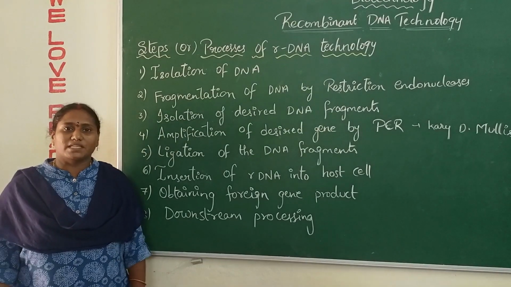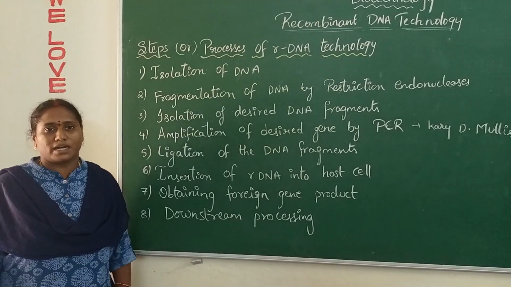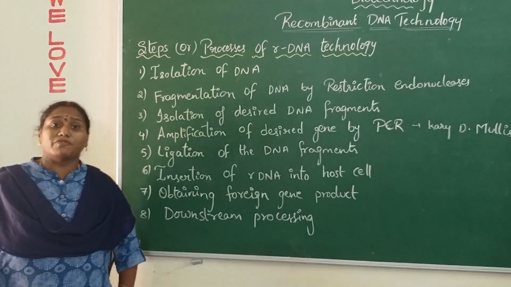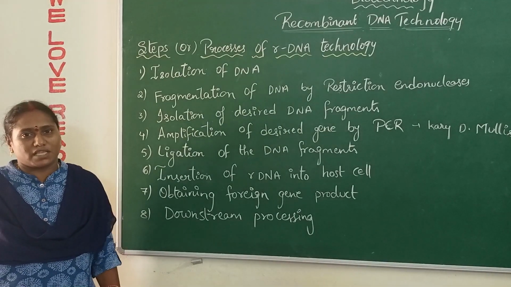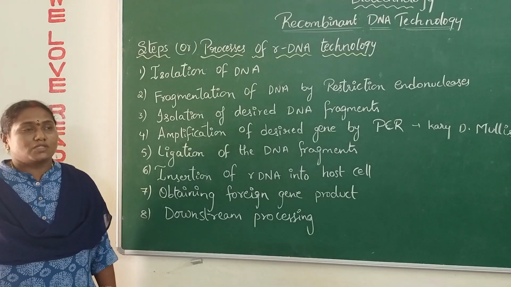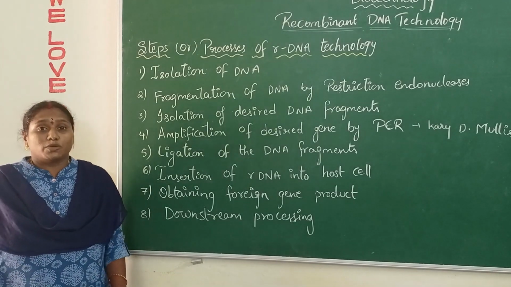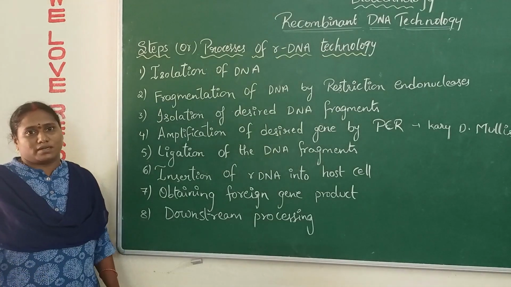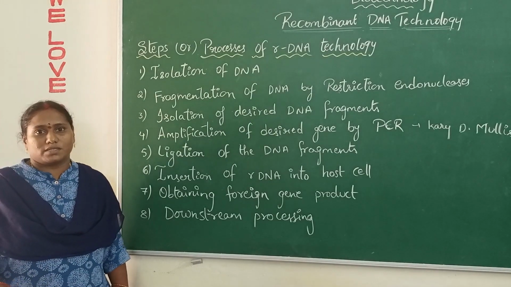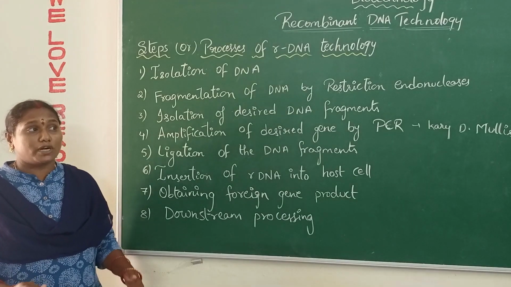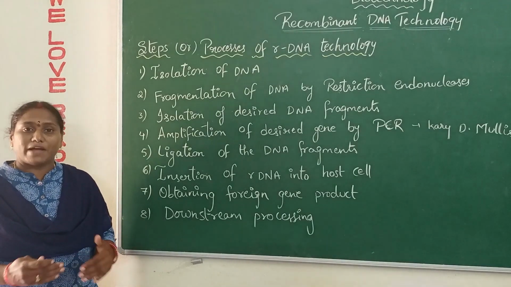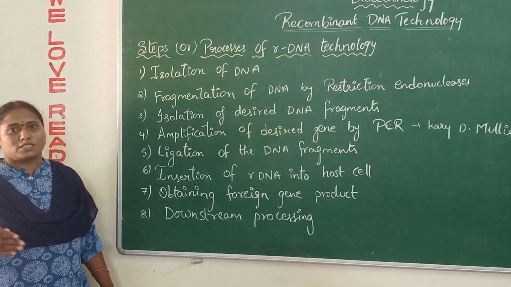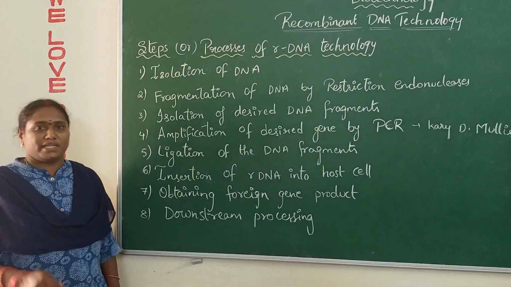This isolation of DNA is a very important process. We all know that every living being has a genetic material, and that genetic material is made up of nucleic acids, which is nothing but the DNA molecule. So the DNA molecule should be isolated. This genetic material is generally present inside the cell, in the nucleus. In order to separate the DNA molecule, we have to remove several things like the cell wall and other cell organelles which are present around the genetic material.